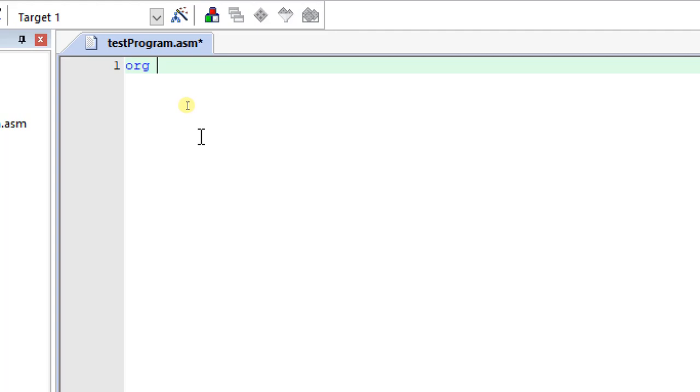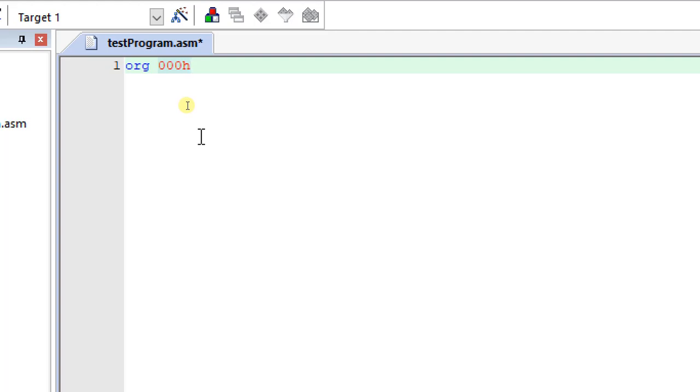ORG is the assembler directive which tells from where your program should start, or from where your program should be saved and started. ORG always starts with 00h because your memory starts from 00h. So your program will always start from 00h.